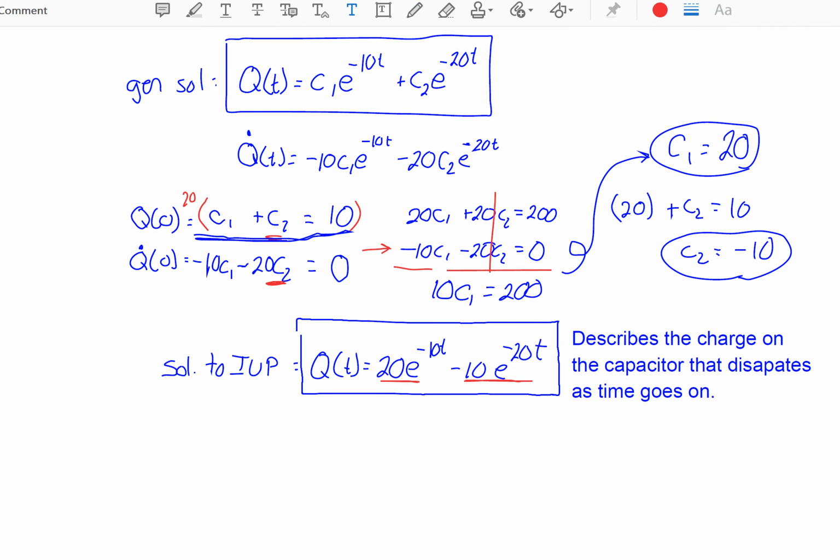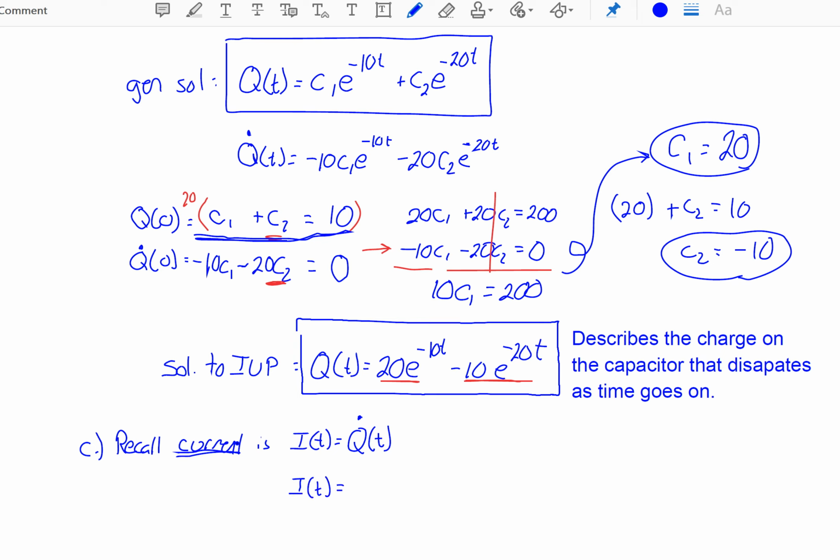So for part C, you need to recall that your current is I of t, which is Q prime of t. So if you want to describe your current, you find the derivative of your charge function. So here I of t